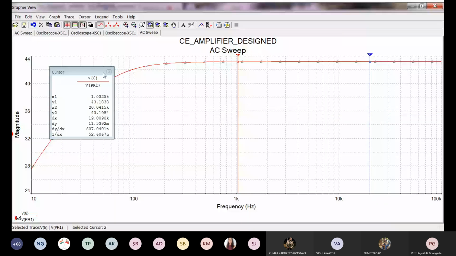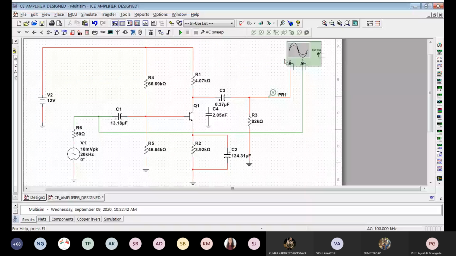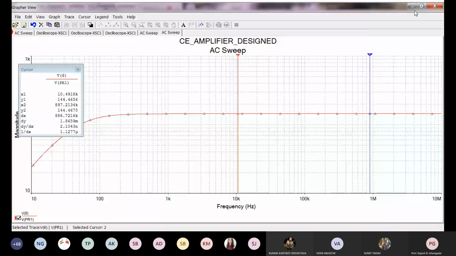Now, all the frequencies above F2 are also amplified by this amplifier, which we really don't need at this point of time. But how long will this continue? Let us see. Increase the sweep up to, let us say, 1 or 10 megahertz. Maybe this won't be a problem because this is an ideal transistor. But if you select a practical transistor, we'll see another interesting thing that is happening.